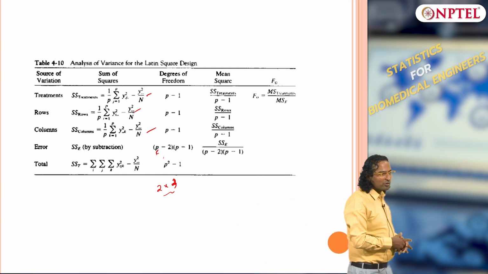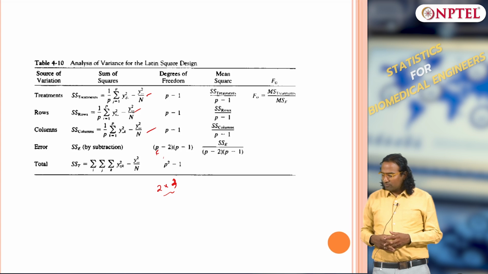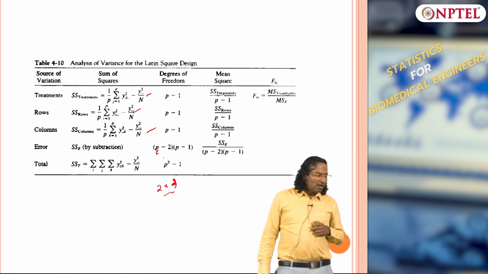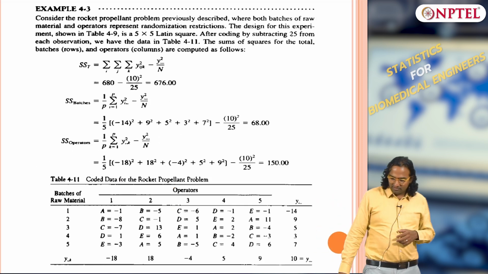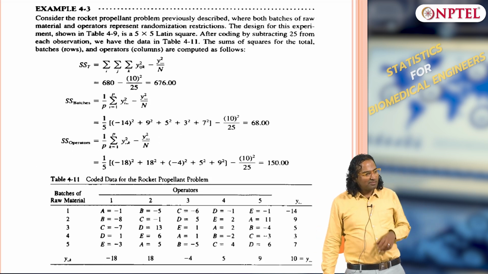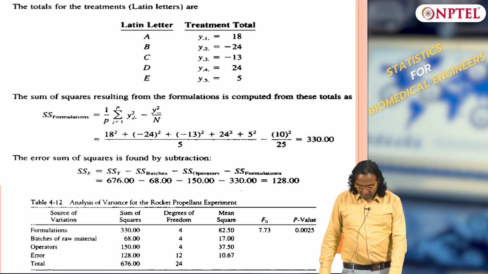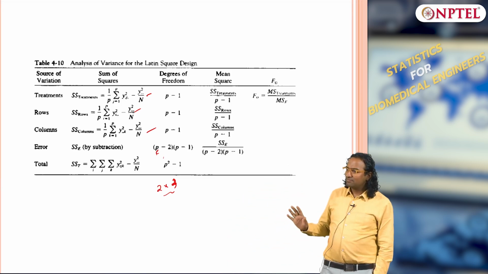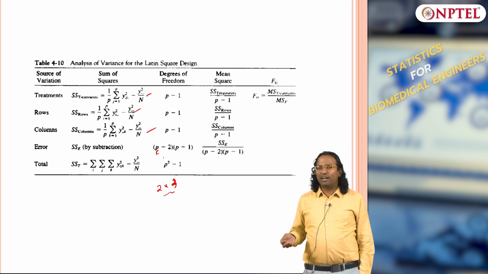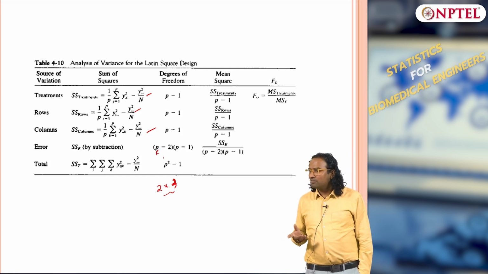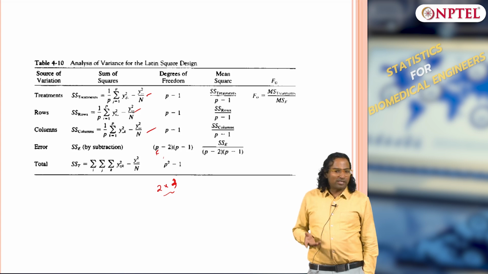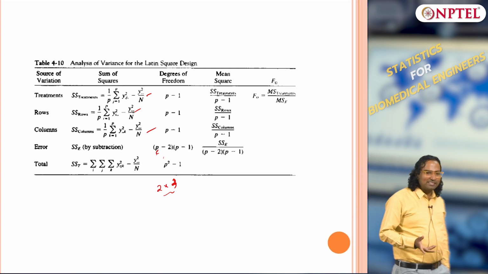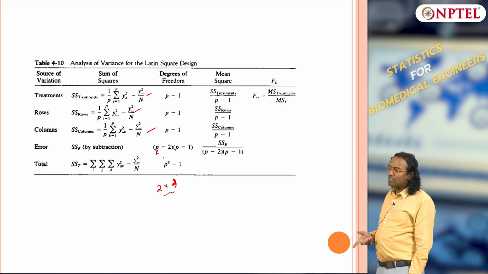So, how do I improve this? How do we improve the degrees of freedom? It is a Latin square design, you are not going to improve the degrees of freedom this way. If you have only very few data points left, what can you say? Your experimental size is what? 4 cross 4, you are doing only 16 experiments, that is on the lower side.